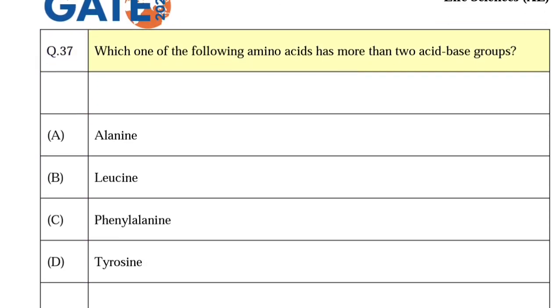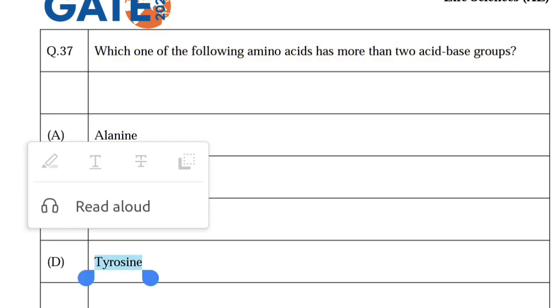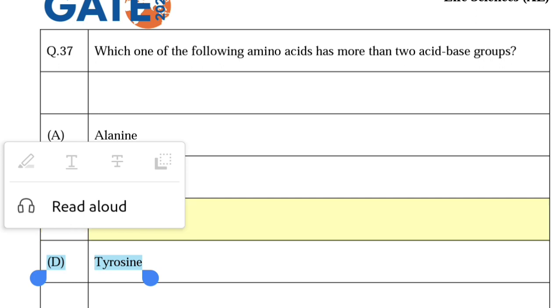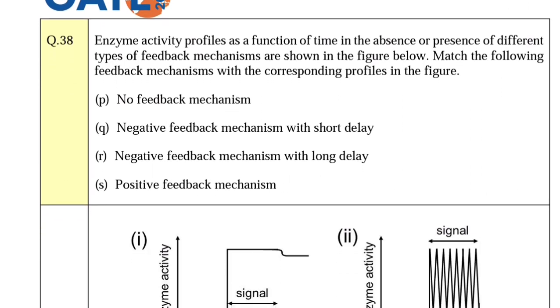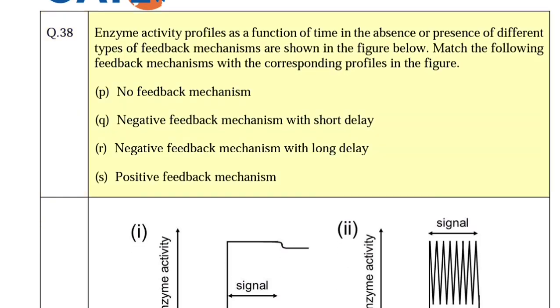Q.37. Which one of the following amino acids has more than 2 acid-base groups? A. Alanine. B. Leucine. C. Phenylalanine. D. Tyrosine. Q.38. Enzyme activity profiles as a function of time in the absence or presence of different types